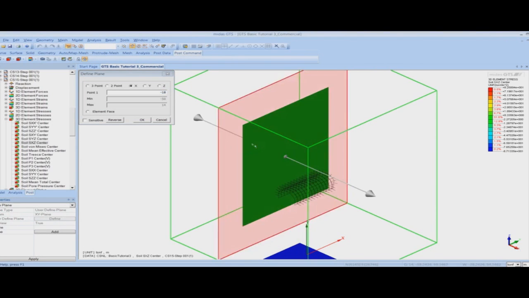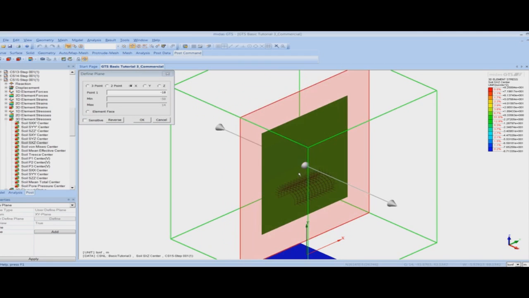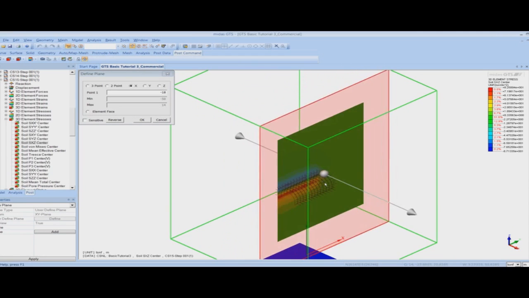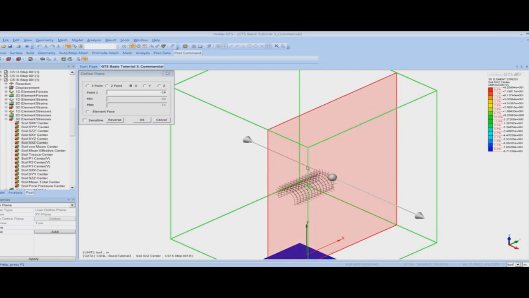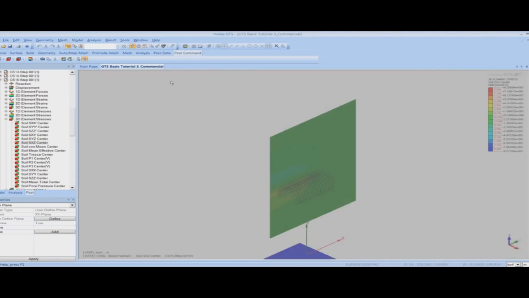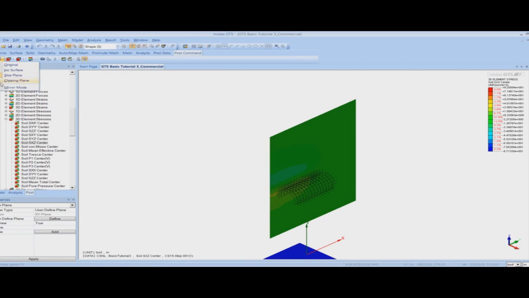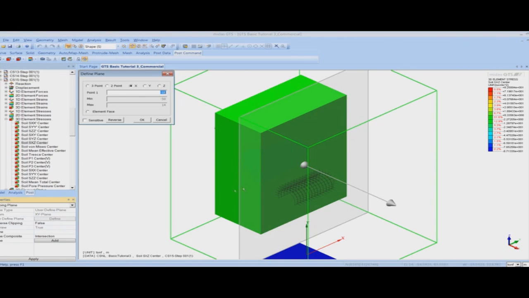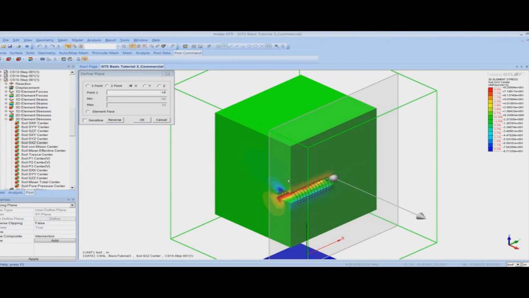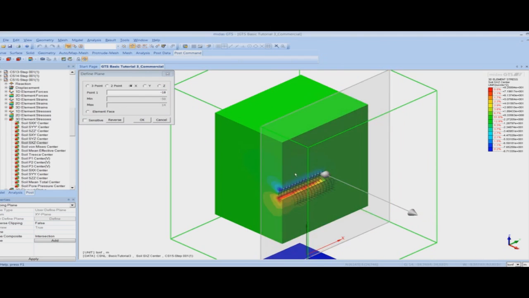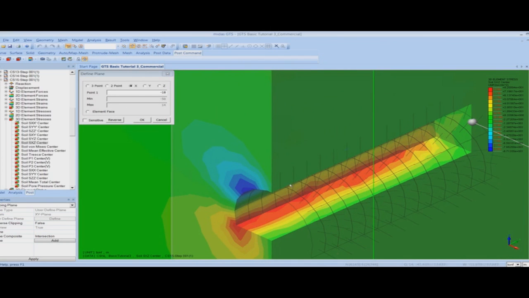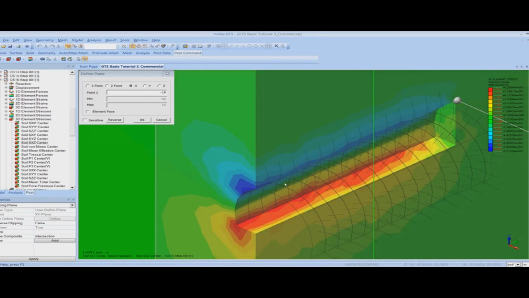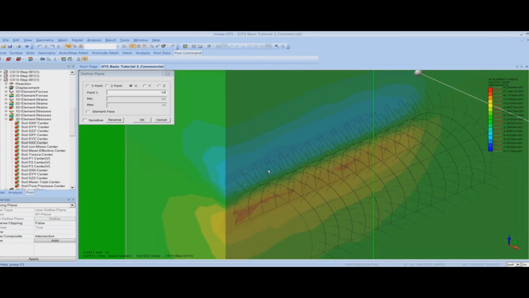So here I can move the direction of the slice plane, and I can obtain the stresses at different locations. So it gives me the ease of obtaining the stresses at any point. You can also create clipping planes, and it gives you the stresses at different locations. So as you can see here, I can see the stresses inside the tunnel as per my will at any location I want.